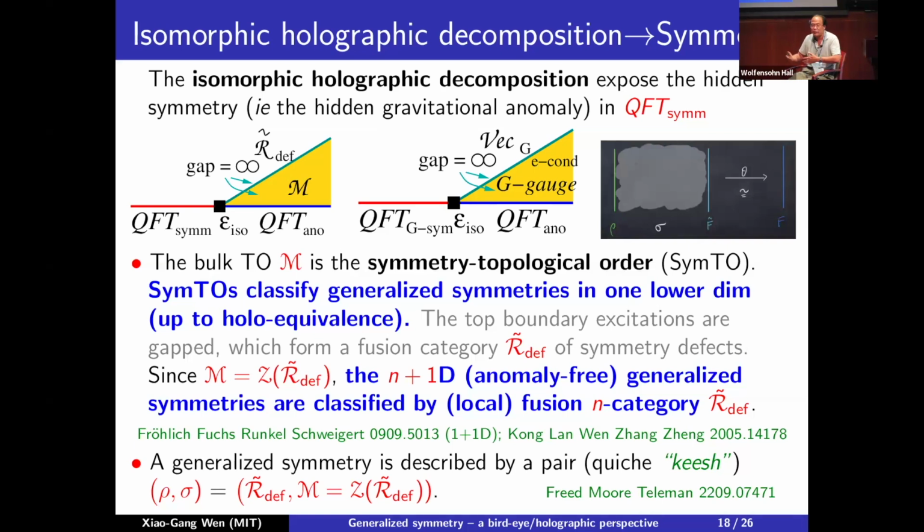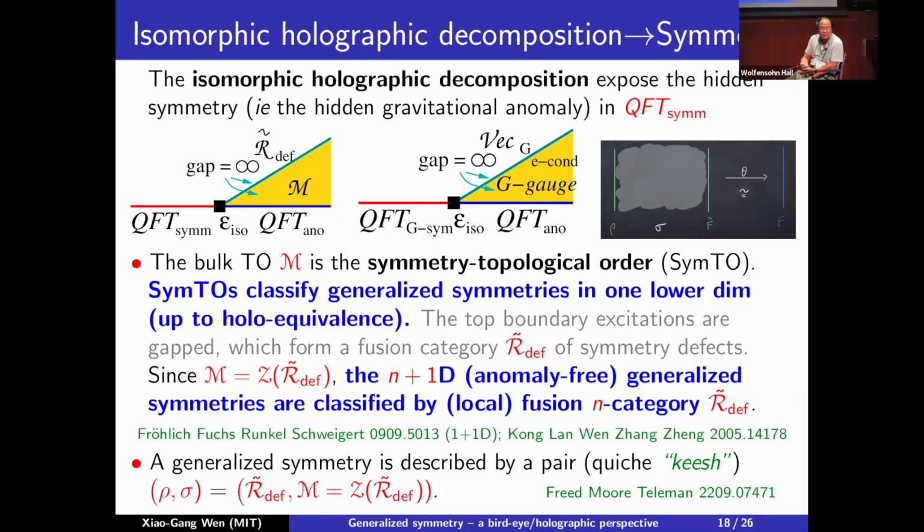And I think that's the key message. So every symmetry can be looked at this way. Interestingly, this picture also coincides with the two definitions we have: the Morita equivalence class of a symmetry, and a symmetry. It turns out that this bulk topological order, this M, is in one-to-one correspondence with the Morita equivalence class of